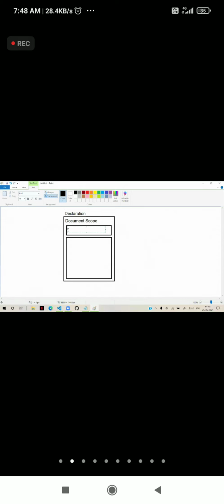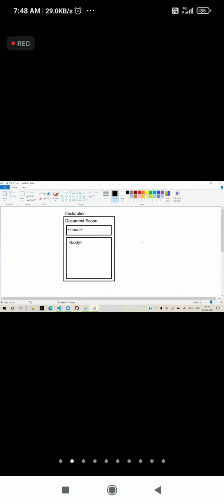We have a head section and we have a body section. The document comprises two major sections: the head section and the body section.